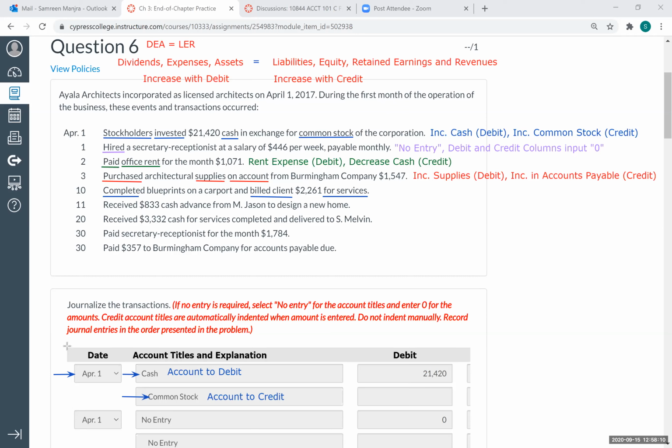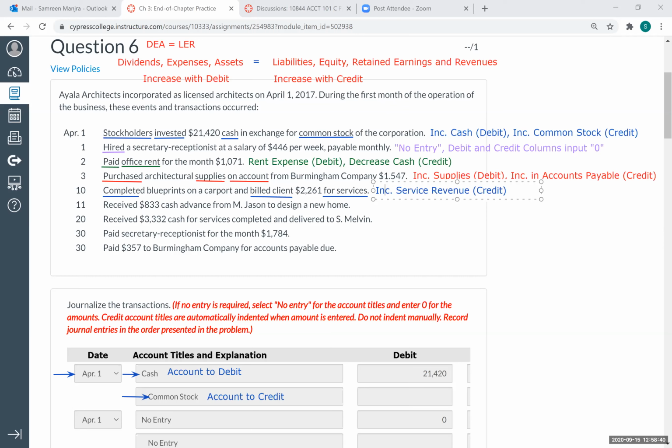So that means we can record the revenues. So we want to go ahead and record service revenue. Service revenue increases our net income, which increases our retained earnings, which increases our equity, and therefore will be recorded as a credit. So we have an increase